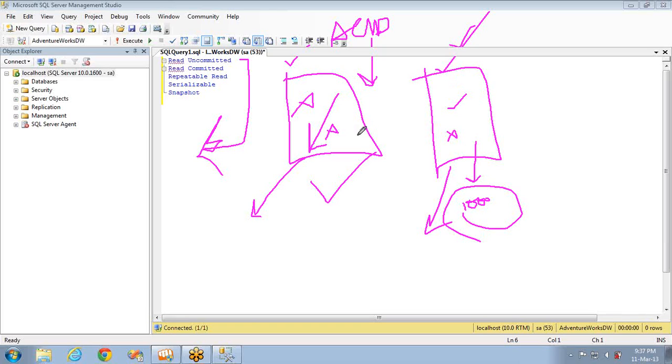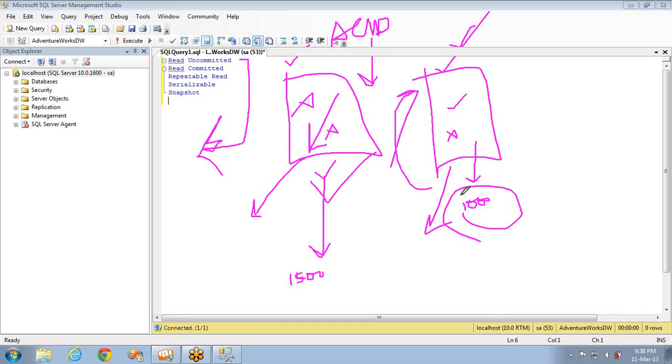Now, if you see this example, already 1,000 records are there, and it started inserting 1,000 more records. And if this guy started reading the data, by the time it reads, let's say there are 1,500 records in the particular table. Now, let's assume at the end of this transaction, this guy rolls back everything.